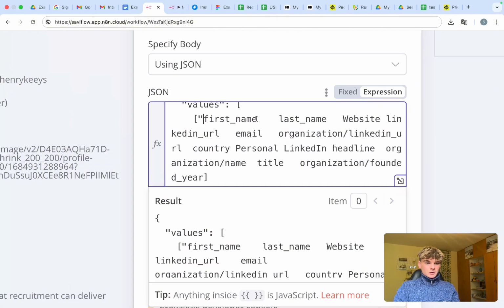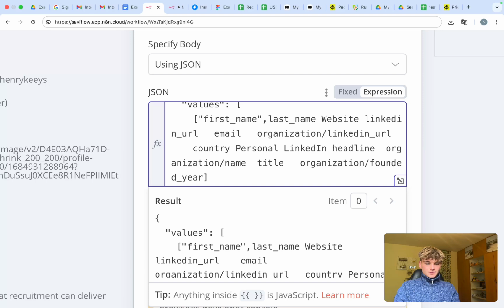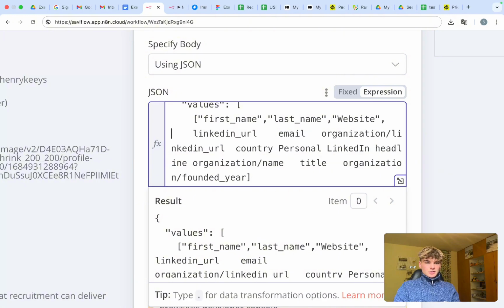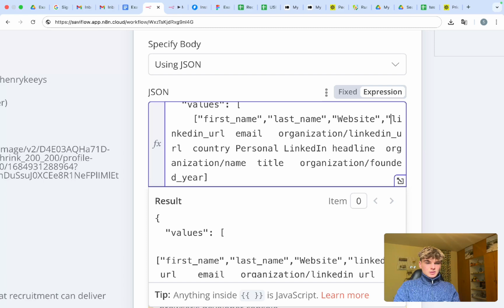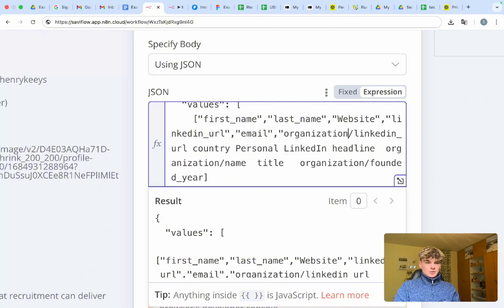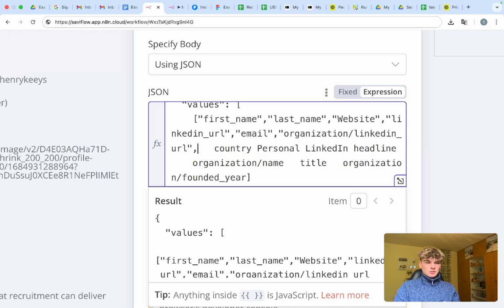Put a quote there: first name, comma, last name, comma, website, comma, LinkedIn, comma, email, comma, organization URL, comma, country, comma,